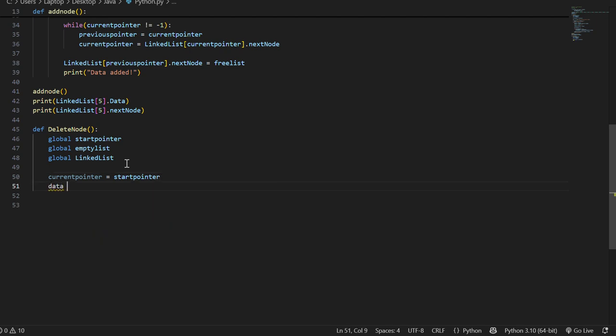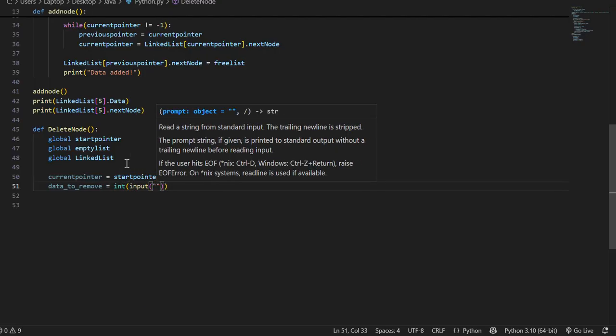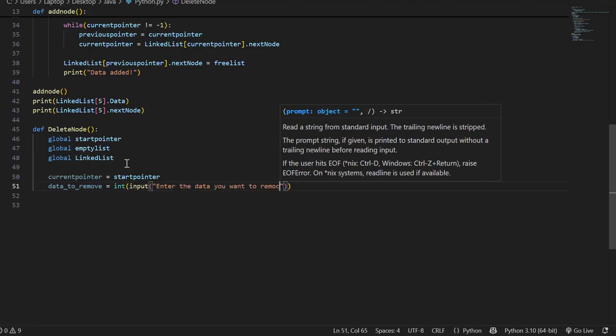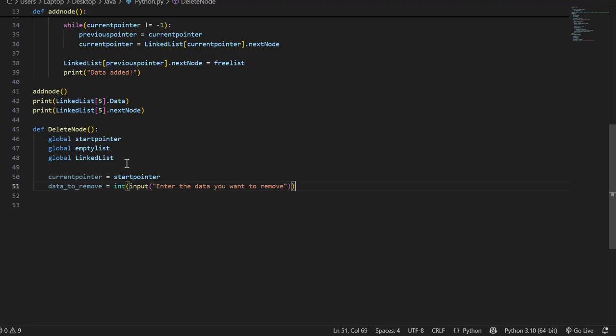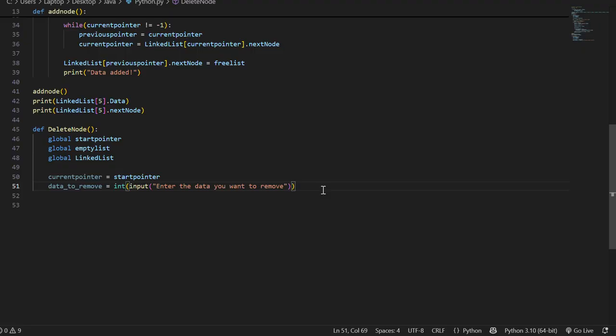Then I'm going to ask the user to enter the data they want to remove. So the user will tell what data they want to remove. Like over here, we had A, B, C. So the user will tell if they want to remove A or B or C. So after that,